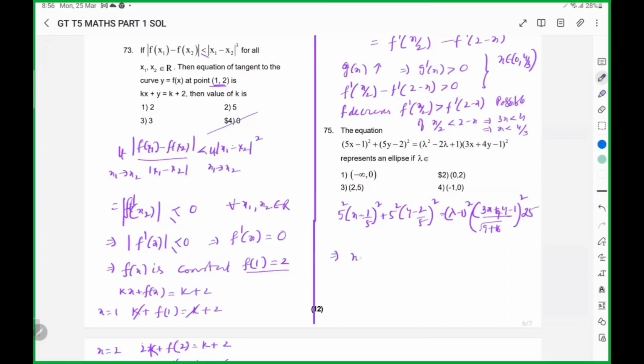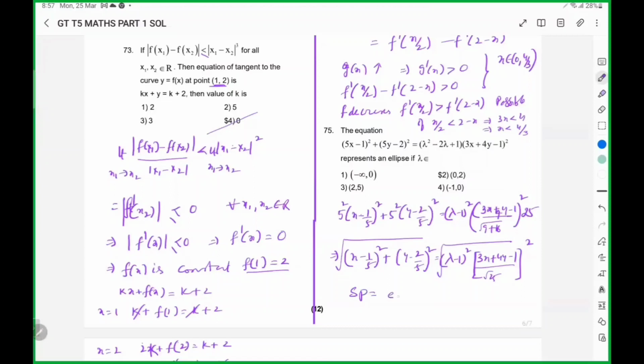So which implies x minus 1 by 5 whole square lambda minus 1 whole square, 3x plus 4y minus 1 by 25 whole square. So taking square root,